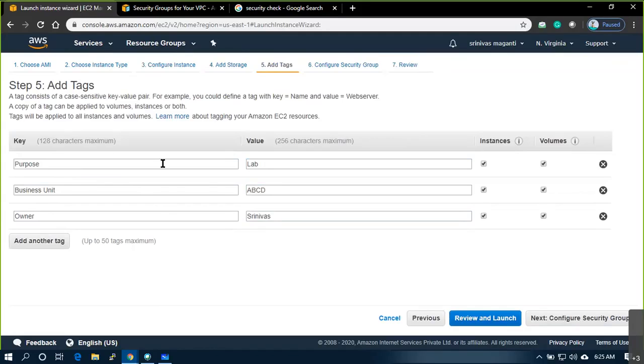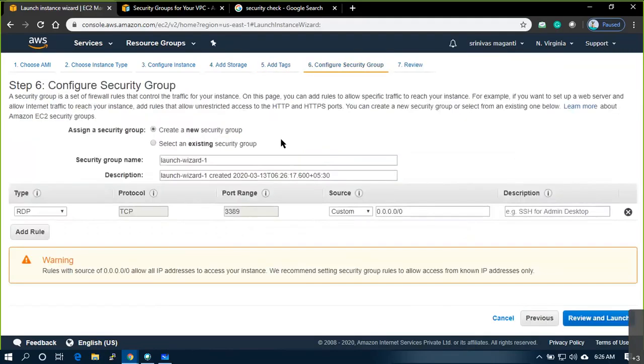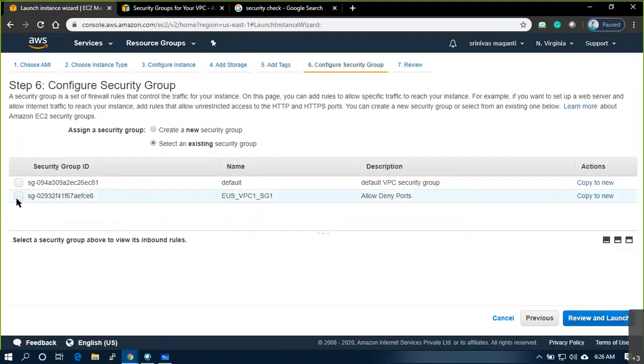So if someone wants to identify or notify you of something, you can mention it so that the tags will be displayed. If someone wants to contact or check, they can easily identify the owner and easily contact. Assign the security group, select the security group which we have already created, this one,